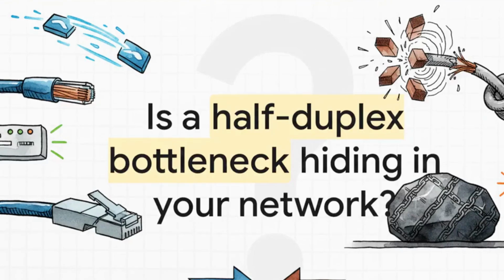Which leads me to this final, very real question. Full-duplex runs our modern world, but is a misconfigured half-duplex bottleneck hiding in your network? While half-duplex hardware is incredibly rare in modern setups, sometimes just a simple misconfiguration in your switch settings or, honestly, even a bad, damaged Ethernet cable can force your brilliant, high-speed devices to fall back into half-duplex mode. And if that happens, your data is suddenly thrust straight back into the dark ages of one-at-a-time, collision-heavy traffic.